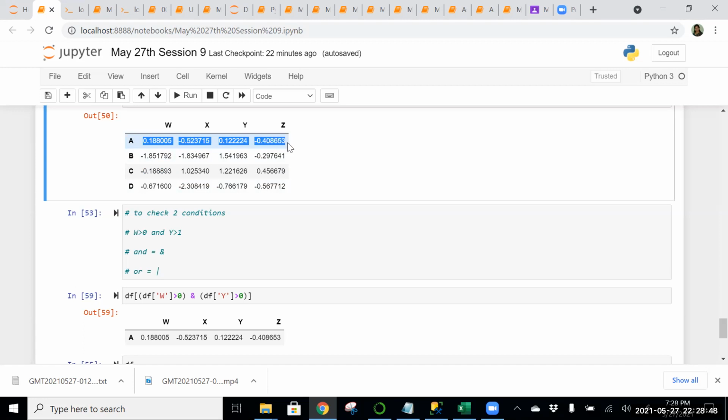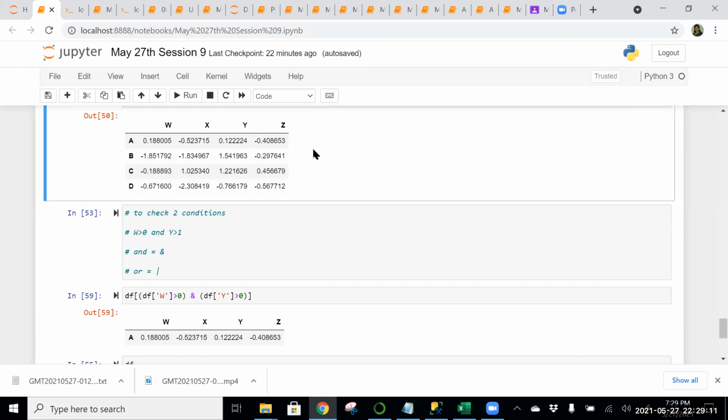Now if I ask you that I want to fetch the data where W is less than 0 and Y is more than 0, which rows will come in the output? First, A will be false. It is greater than 0. B is lesser than 0.